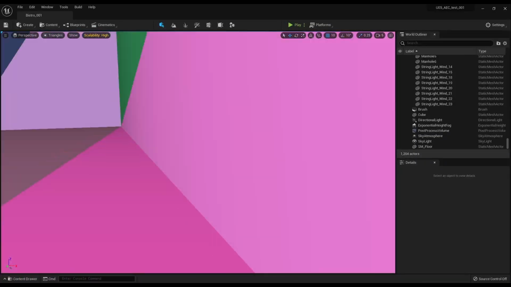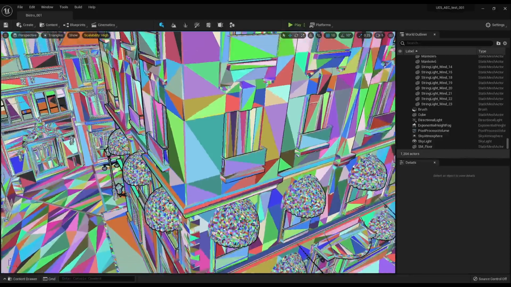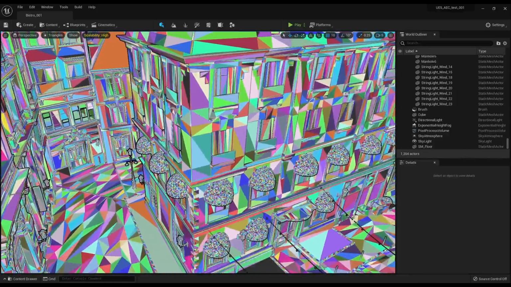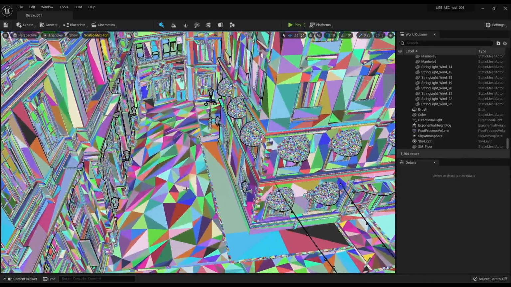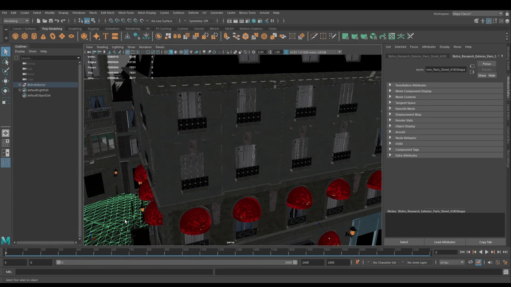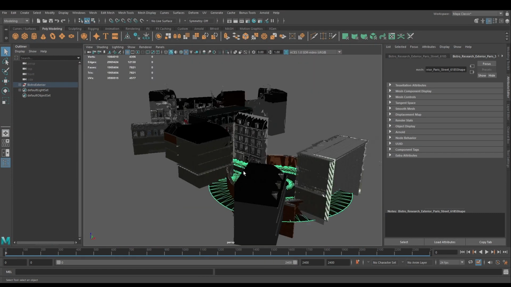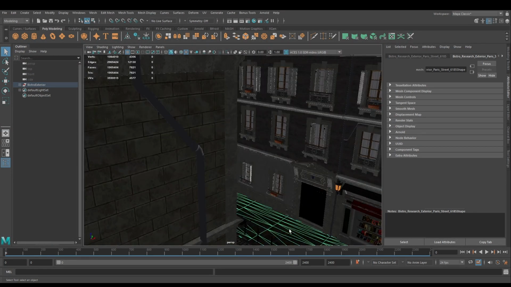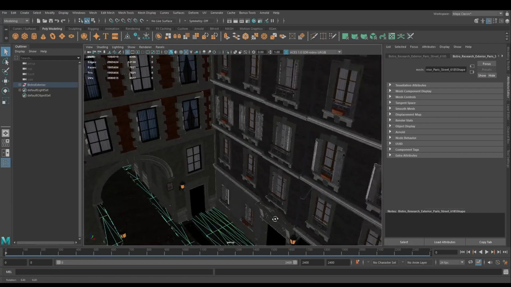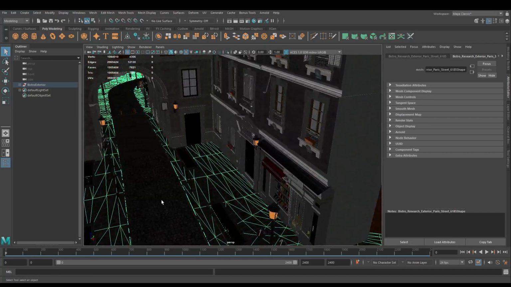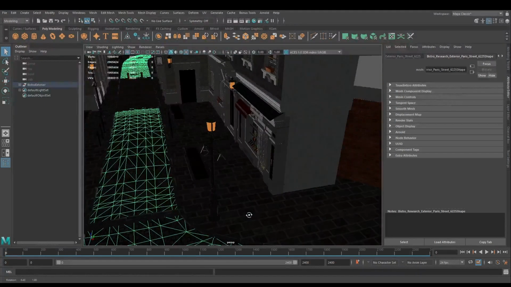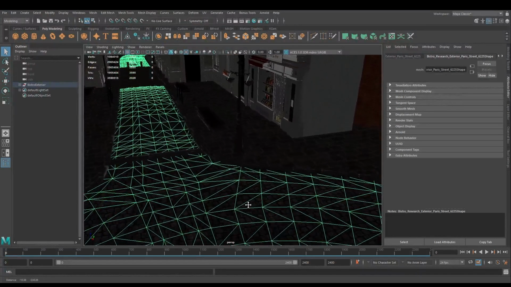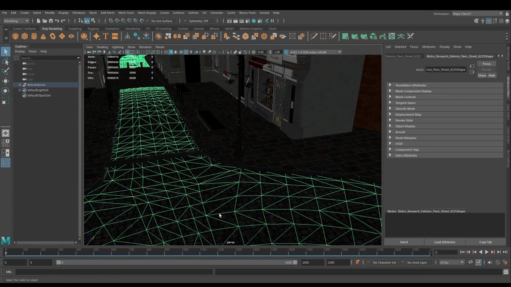Now of course if we zoom out, there's not really too much change going on here because there's not too many clusters. Except maybe down on the ground. And if we look at the ground inside Maya, you can see that the topology looks very, very different. Essentially, there's just more triangles for Nanite to work with. Same as on the ground. I mean, they're fairly uniform, but there's certainly more triangles that Nanite can go to work with,